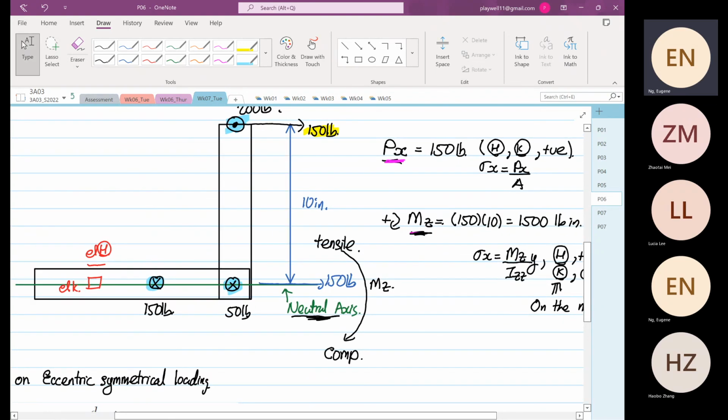The distance towards the neutral axis. A lot of students, when I've been teaching this course, how many times now? 10 times now, a lot of students got this wrong. They thought the moment for element H is the distance from here to here, right? So this is the distance to element H, right? Distance to element H, and then the other one, this is the distance